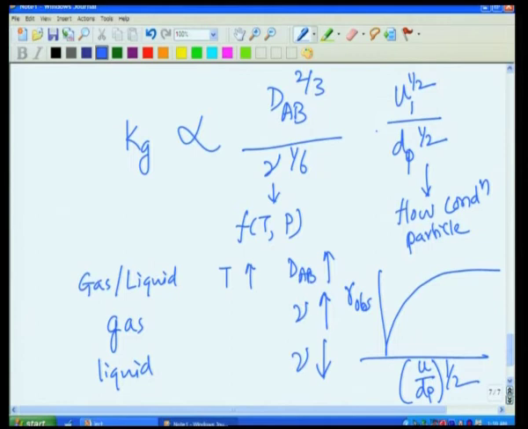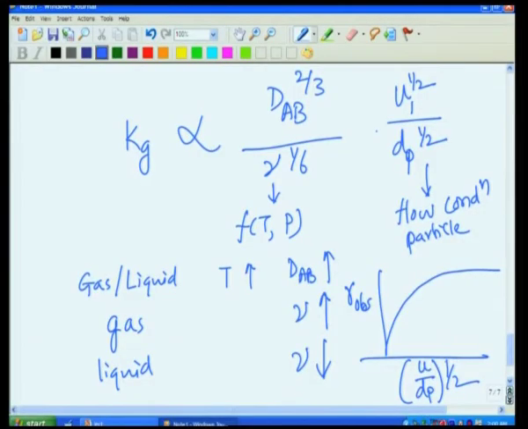What does this behavior mean? Now, if our reaction is controlled by kinetics, that means mass transfer is very fast. So, if mass transfer is very fast, even if you increase u by dP even more, the mass transfer rate is going to be even more, but that is not controlling. What is controlling is the reaction rate. So, u by dP has no influence on the observed rate if the reaction is kinetically controlled and not mass transfer controlled. So, this is the region of kinetic control.